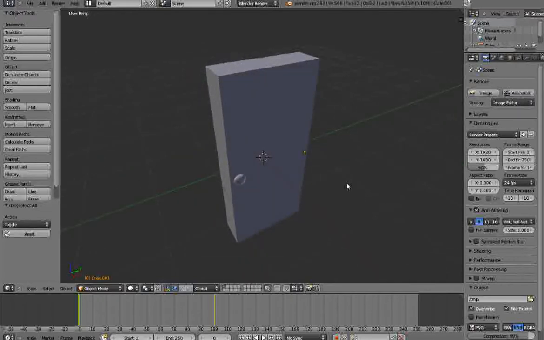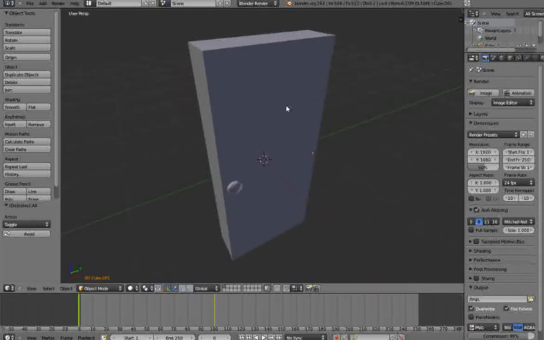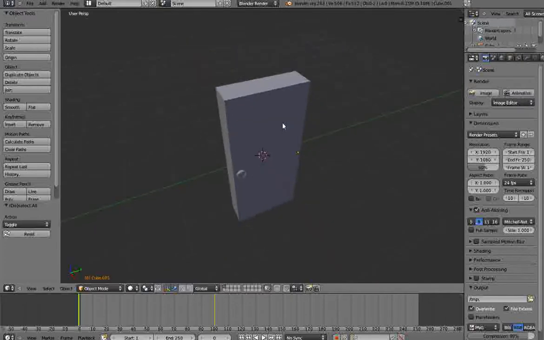Today we're going to be learning how to assign materials and texture this door that we have here. I have a wood image that I got from cgtextures.com. They have copyright free images there that you can use. I won't provide a download link, but I suggest you just go and Google CG images and get your own